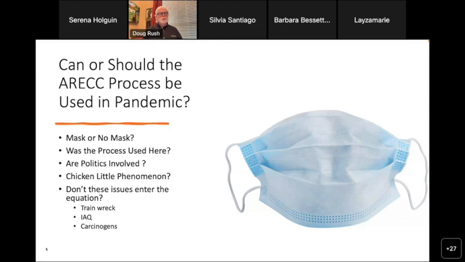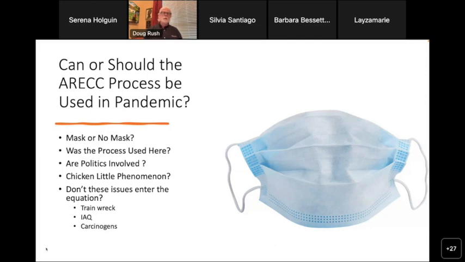But politics got involved. And I think from our standpoint, with the level of management that we're involved in, we always need to understand the influence of politics on things. So we need to understand that the Chicken Little phenomenon will occur. What's going on in Ohio right now? There's a little Chicken Little phenomenon. The sky is falling out there right now. People are scared. People don't know.